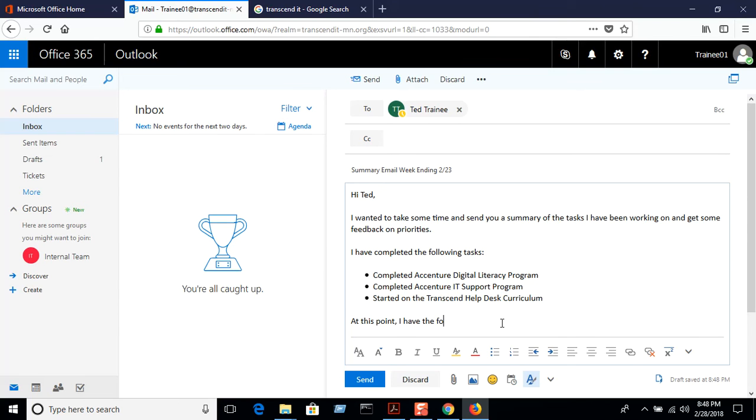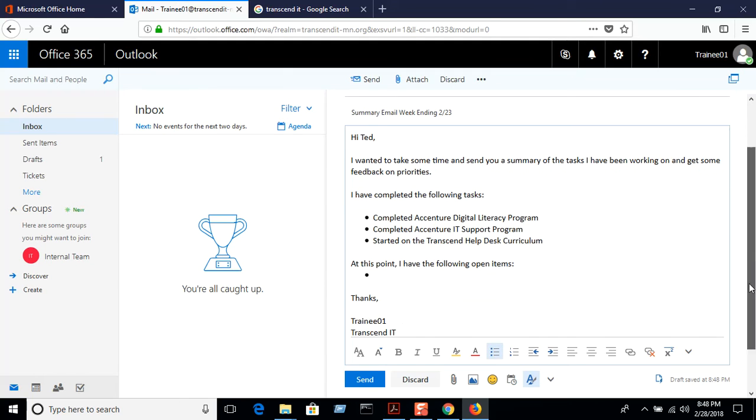I have the following open items. So open items are basically things that are still remaining to be done. So here I'm just gonna make up a few things. This is just all an example. Look